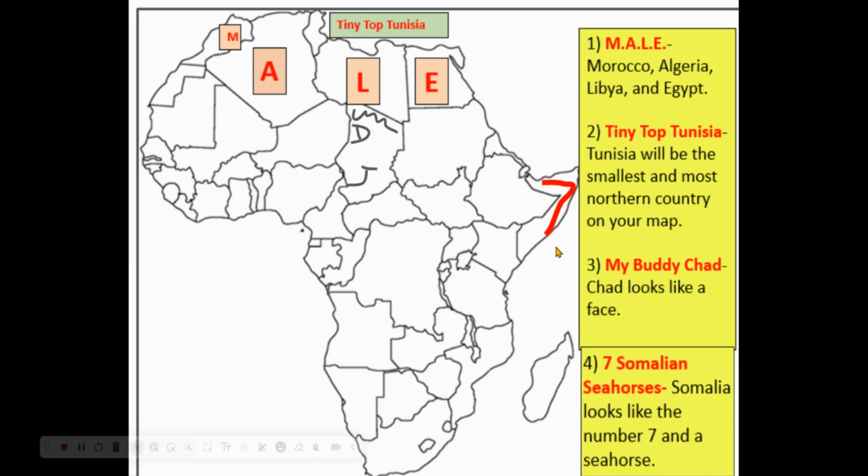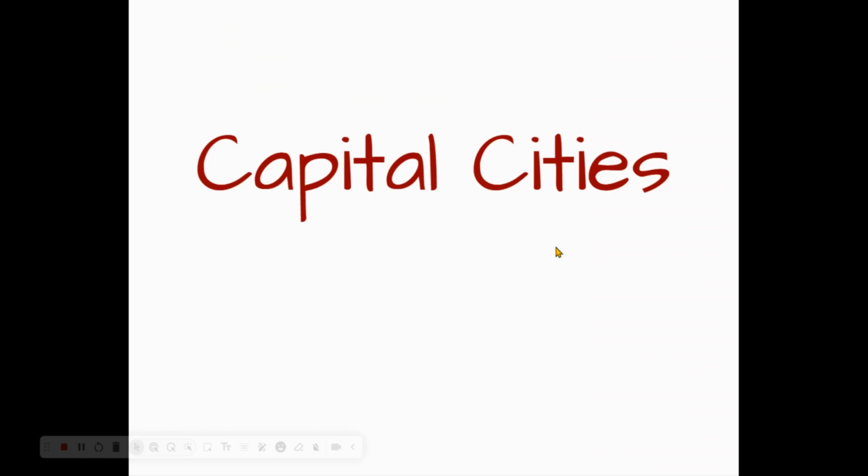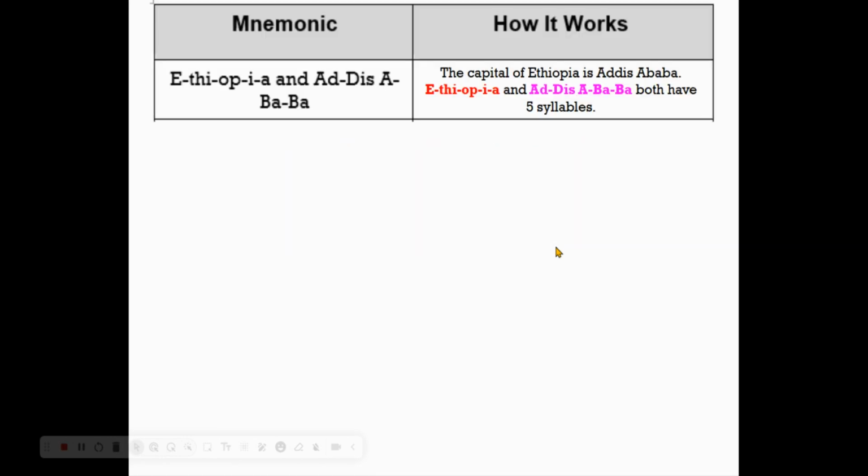I also have a set for your capital cities. So what you'll do is you'll write these down as well in the How It Works column, and I'll explain to you how they work. With our first mnemonic device, you have to say this mnemonic in a specific way. In your mind, when you are learning this country and its capital city, or when you go and take your map quiz, say the country